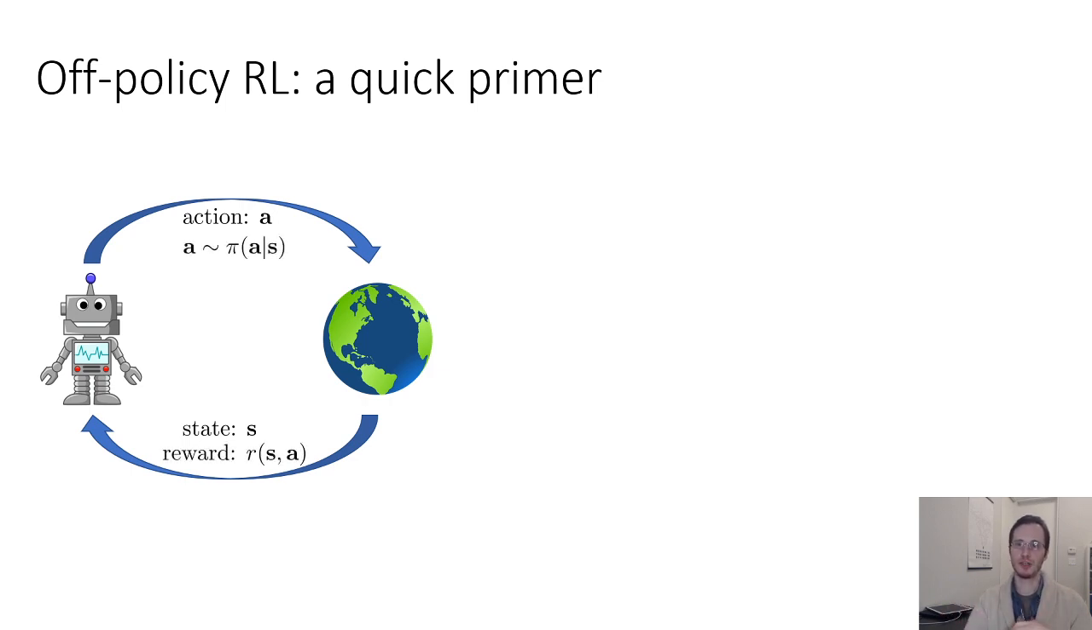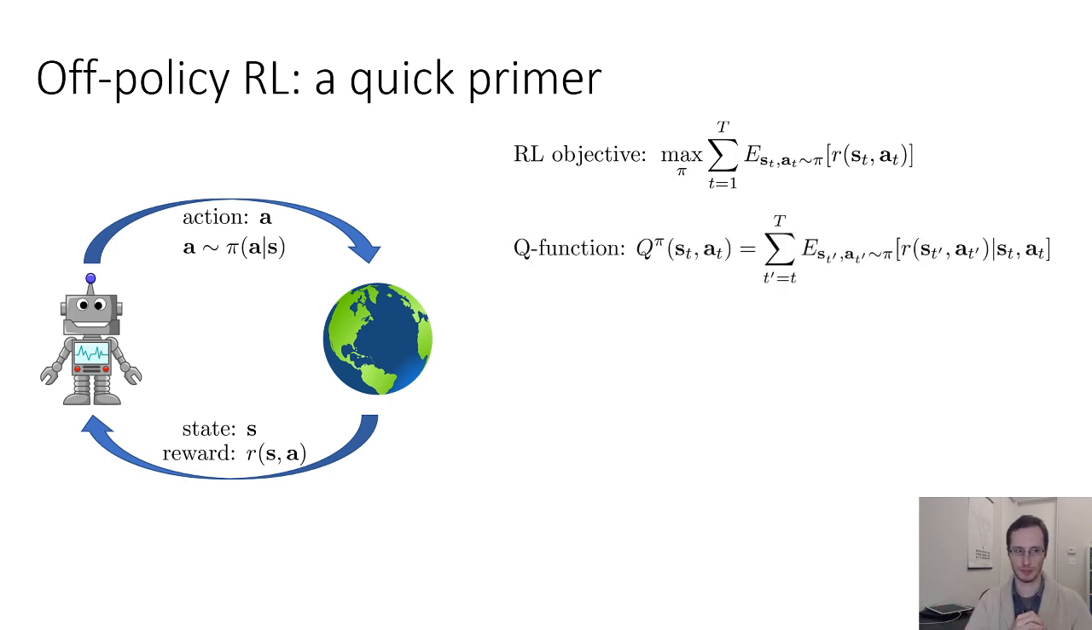Our goal is to learn a policy pi, which gives us a distribution over actions conditioned on states. And the RL objective is to maximize the total expected reward. A very useful object for doing this is something called the Q function. The Q function is specific to a particular policy pi, and it tells us if we start in a particular